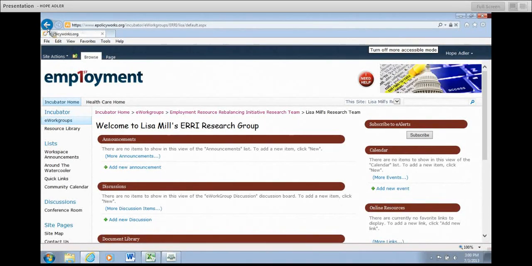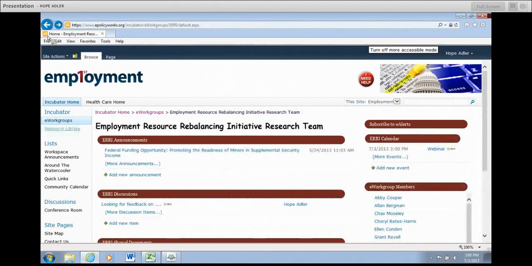Now I hope you'll take some time, take a look at ePolicyWorks. We do have some more resources here on the left-hand column. If you're interested,